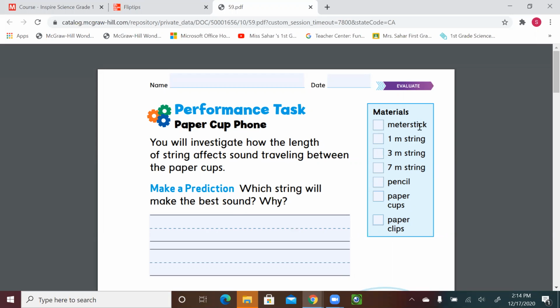The materials: a meter stick, this is to measure; a 1 meter string, a 3 meter string, a 7 meter string. You don't have to really have 1 meter or 3 meters or 7 meters, but at least have different measurements, so one is short, one medium, and one is going to be long. You need a pencil, paper cups, and paper clips. I'll be sending a video to show you how to do that, and you can have fun and do it. But before that, we need to predict and think